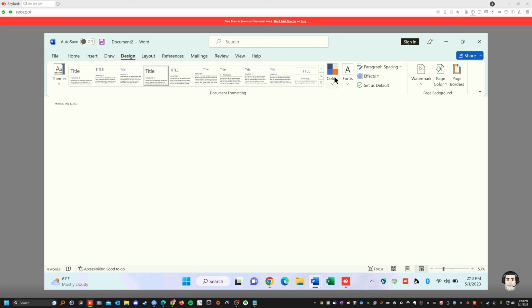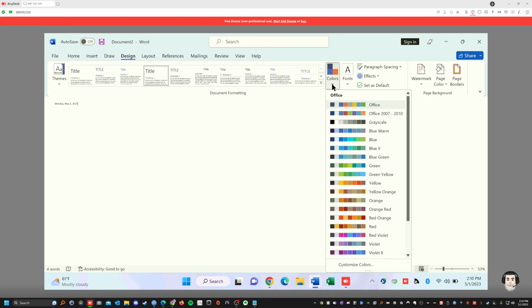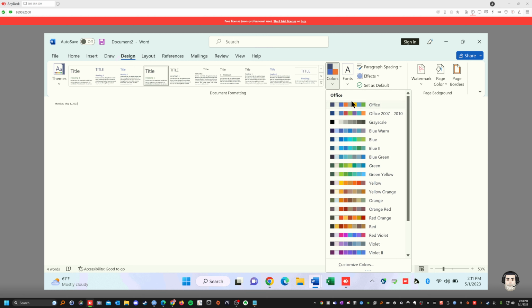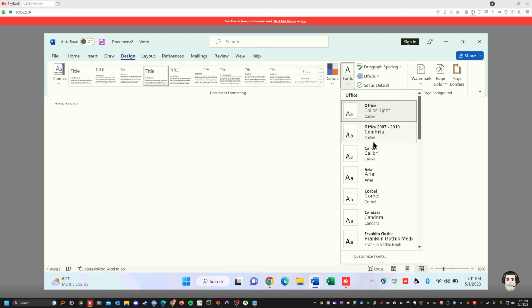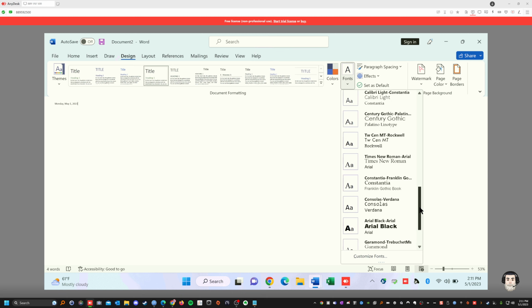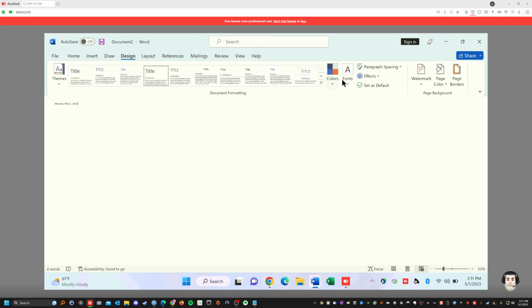The next one is called colors. Okay, you could choose the colors of the theme, the colors of the article. You know, whatever colors you want, you could include in there. There's all the color sequence for that theme, for that document that you're making. Okay, that's colors. And this is the font that you want to work on the theme. So let's say you like whatever font you want, a default font. The default font is usually Calibri, but you could make Arial font or Candara font or whatever fonts you want. Even the one we downloaded, we could also do the theme from there. Okay? So that's the font, right? That's for the article. That's the design of the page.